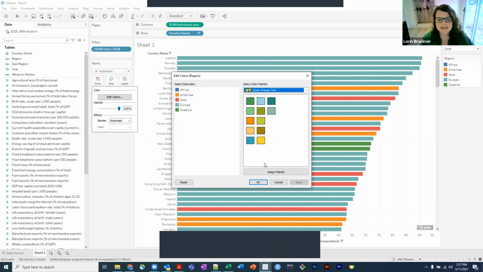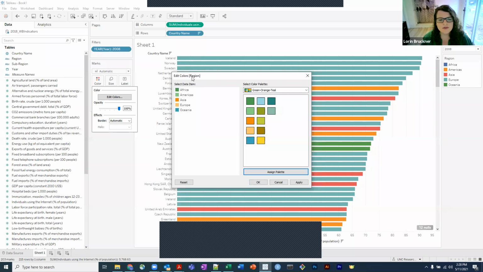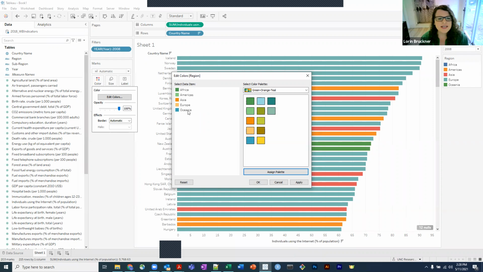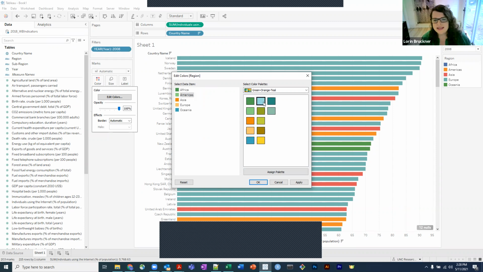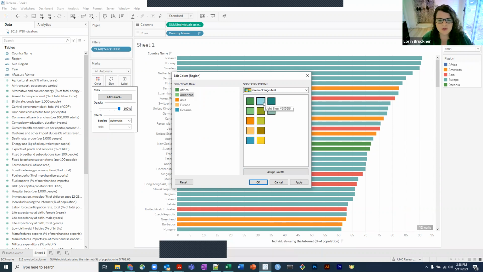If I click down at the bottom on this assign palette, it's automatically going to assign the first few colors to whatever my data points are over here on the left. But if I want to change a specific color, like let's say I just want to change the Americas from this light green, I can just click on that data item. I can click on the Americas, so it's highlighted,